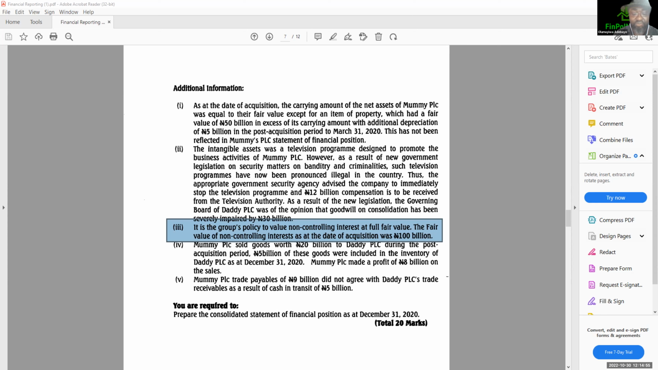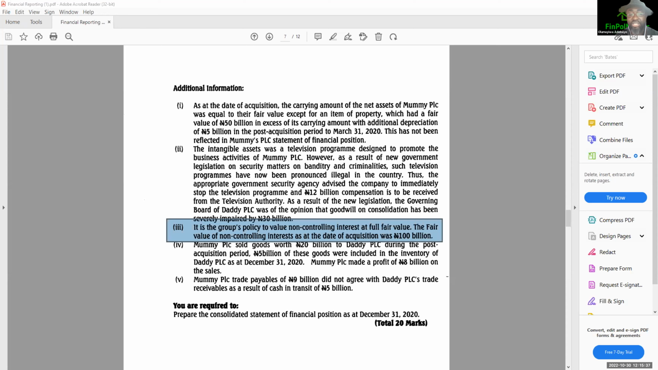the share of profit or loss. Whereas the full goodwill is impaired to the tune of 30 billion. If I write 30 billion, 80% of it affects the parent, while 20% of it affects NCI. But what if the accounting policy is not to measure NCI at fair value, but rather to measure